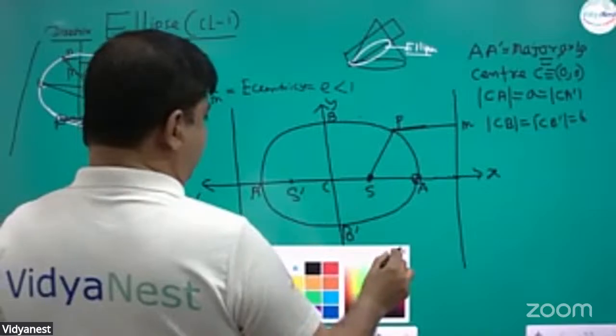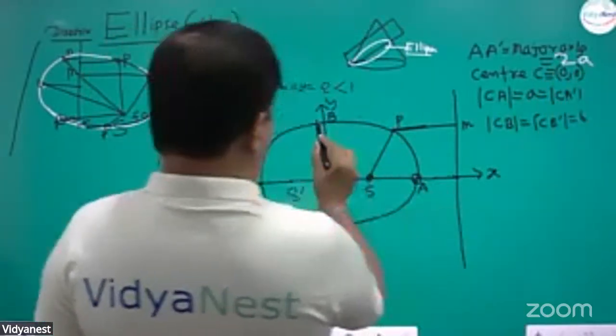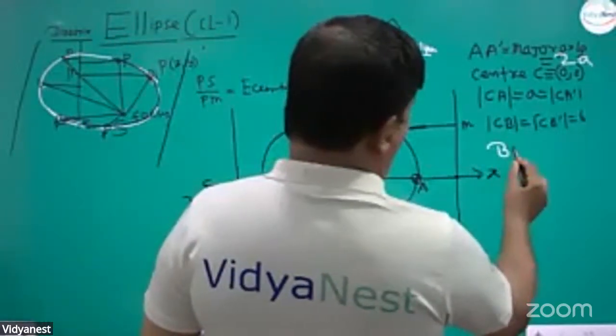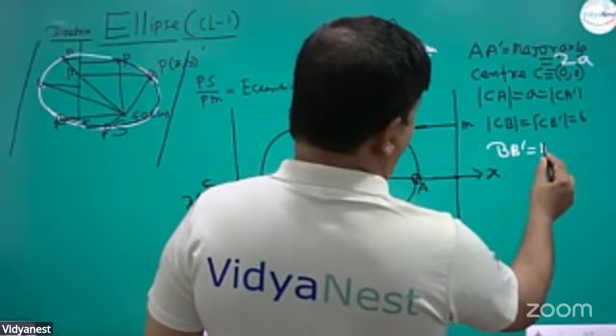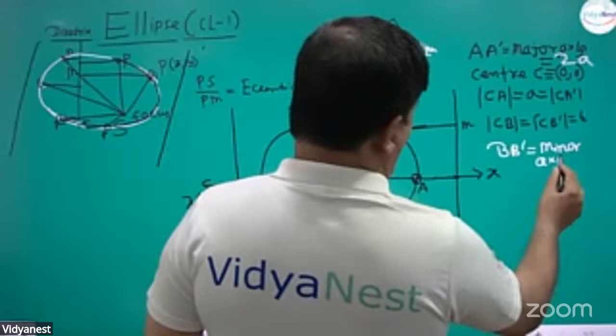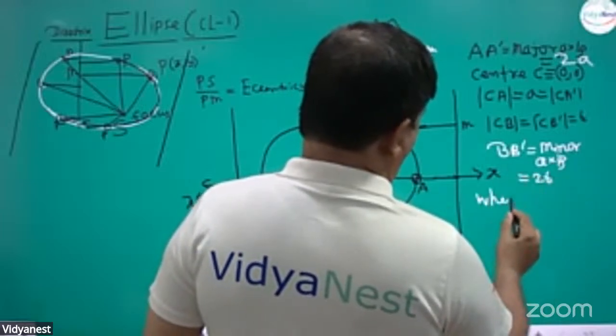Major axis length 2A, and B dash is minor axis, minor axis length 2B, where A,